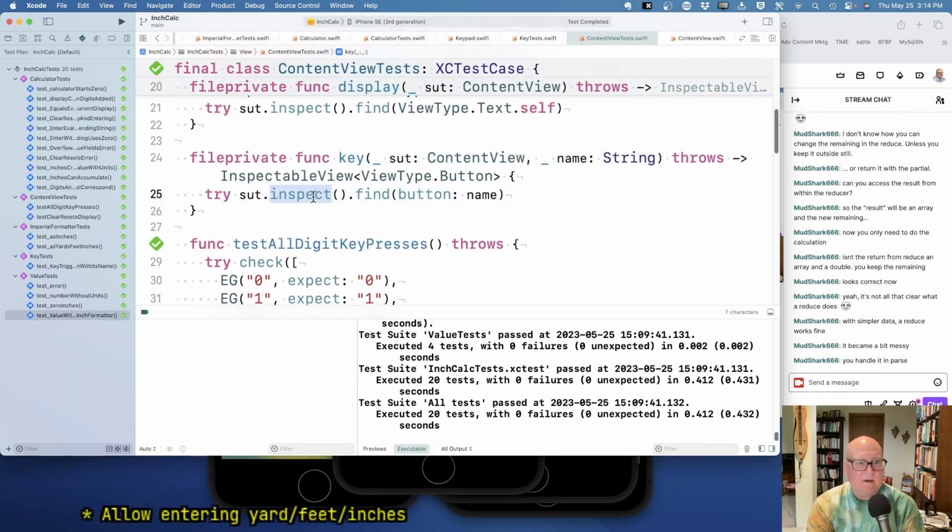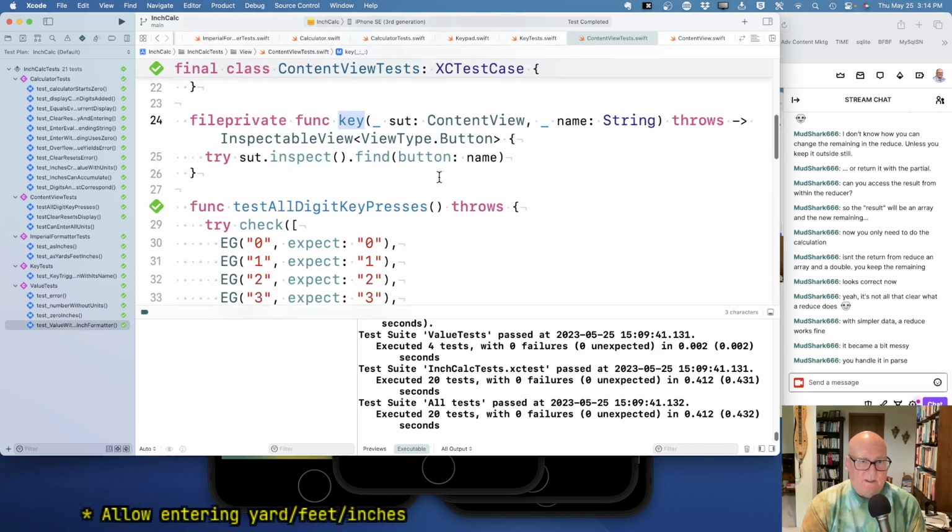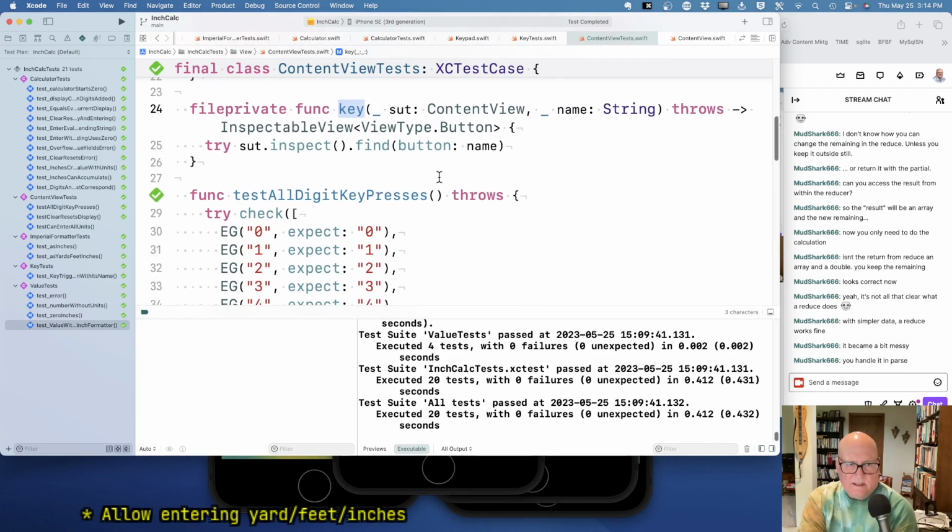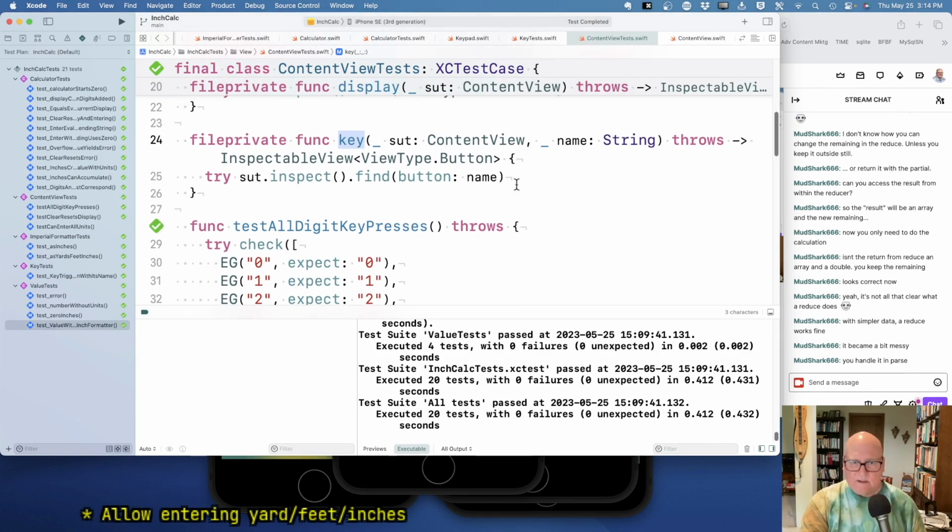Because he might not find. Let's make that handle things differently. If we look for a key and we don't find it, then that's probably some sort of test error. I'm just going to put some